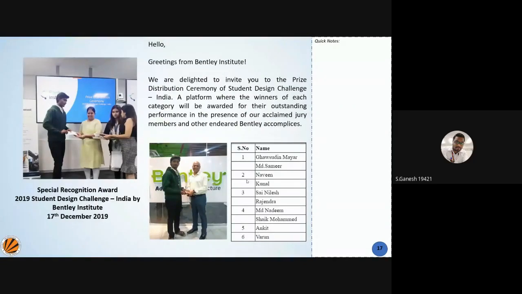We work hard every day. We are working on our models, and we have discussions with our students. This is my team. I can probably say this is my team, and we work together with my students. Finally, out of this, my group of students got the prize, a special recognition award, in 2019. They were a winner of that competition, right?